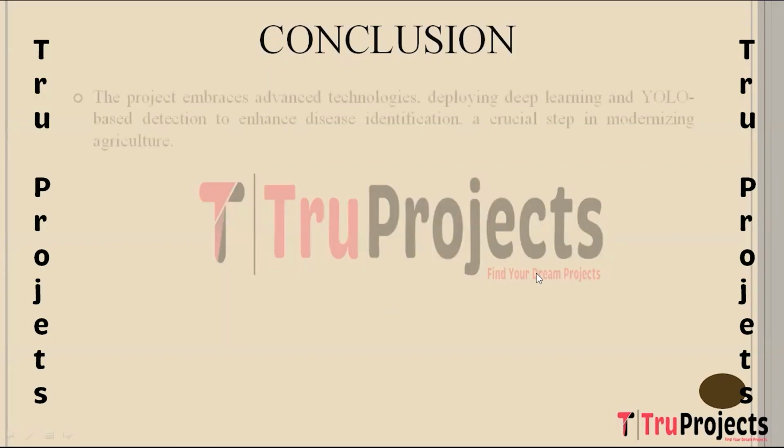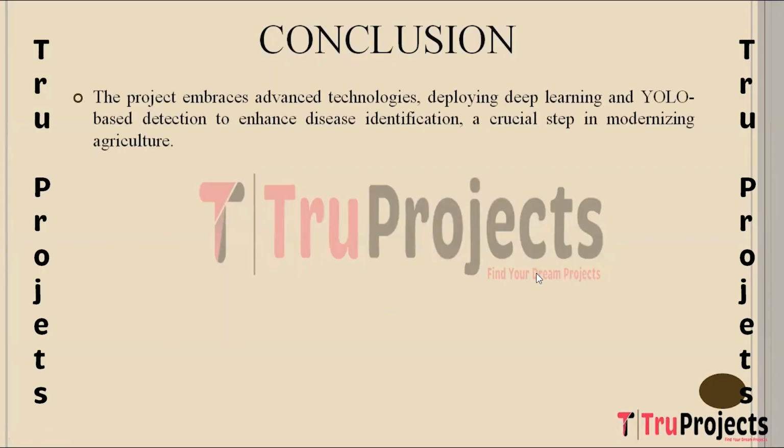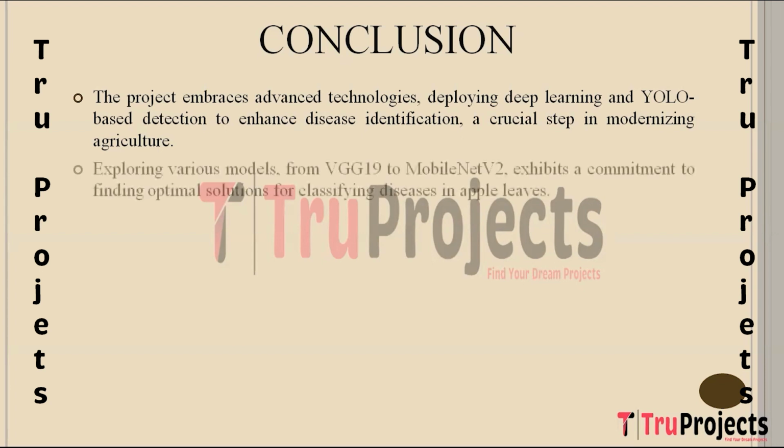So the conclusion here is the project marks a significant stride in leveraging cutting edge technologies, including deep learning models and YOLO based detection systems, to address critical challenges in agriculture. By integrating these advancements, we enhance disease detection precision and empower farmers with effective tools. The project's comprehensive exploration of various deep learning models from well established architectures like VGG19 and ResNet 152 to lightweight alternatives like MobileNet V2 and custom deep CNNs demonstrates a commitment to finding the most suitable solutions for classifying diseases